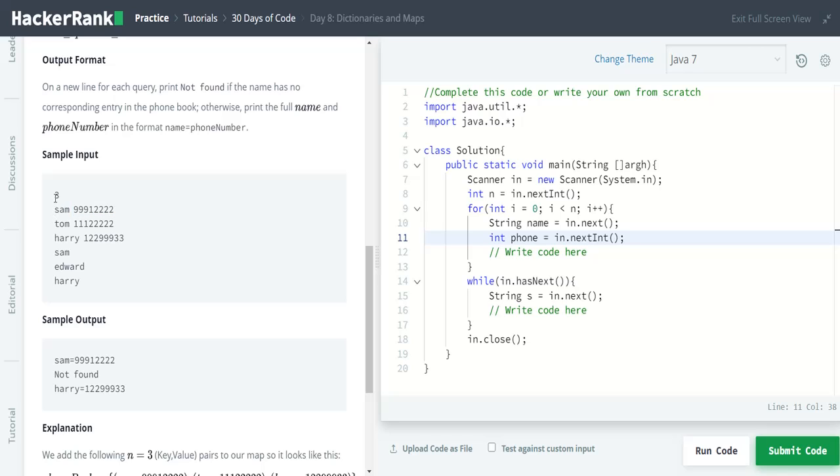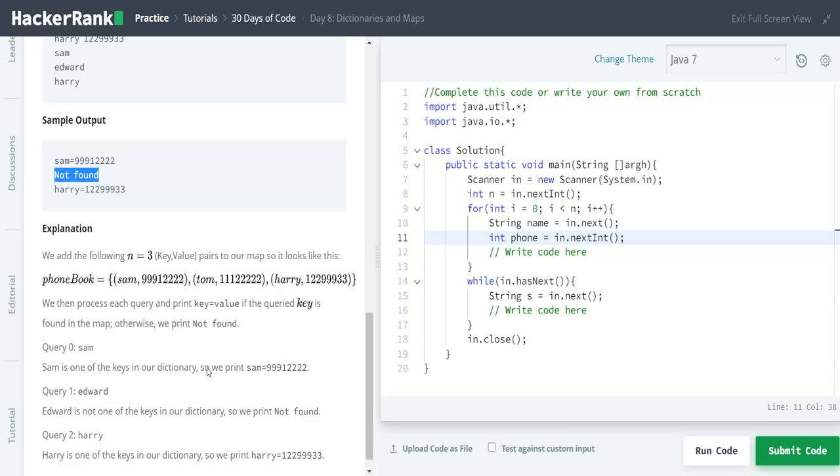As specified here, there will be 3 entries, and after that there will be 3 queries, that is, it will query the name. If the name exists in the phone book, you should print the output like this: Sam equals the number. Similarly, if the name Edward is given, but there is no entry for Edward in this input, we have to print not found.